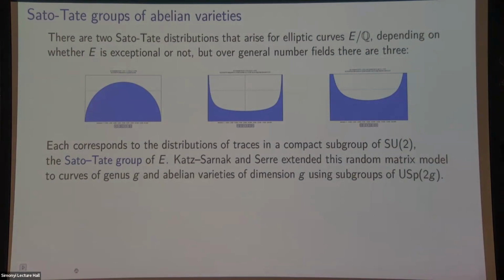Okay, so in general, there are actually 3 different trace distributions that can occur for elliptic curves over Q. There's the generic one. If you have elliptic curves over number fields, over Q, there's 2. You either have CM or you don't. But over Q, the CM is really potential, in the sense that your endomorphisms are not defined over Q.